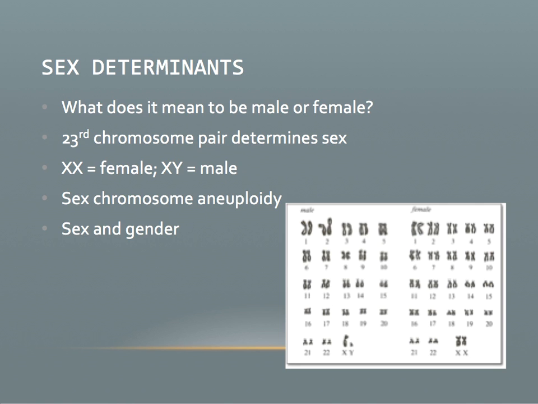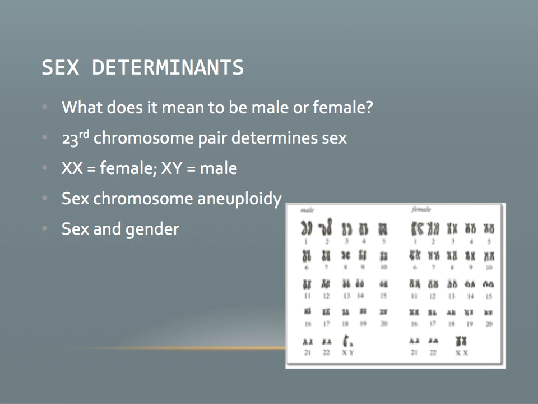Now, generally speaking, trisomies, that is triplets of chromosomes other than trisomy 21, 18, and 13, they result in death, generally, except for sex chromosomal trisomies. And this is sometimes referred to as aneuploidies, where there is a different number of chromosomes than the typical 46. And let's get into a couple of them now.